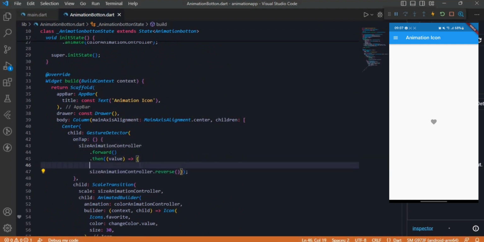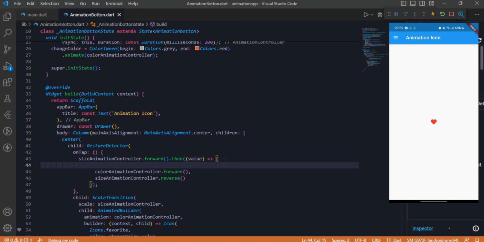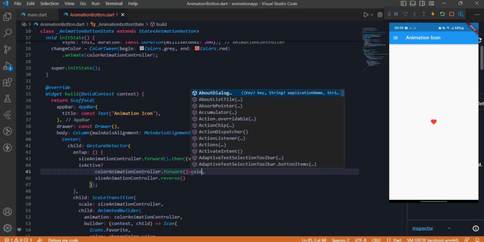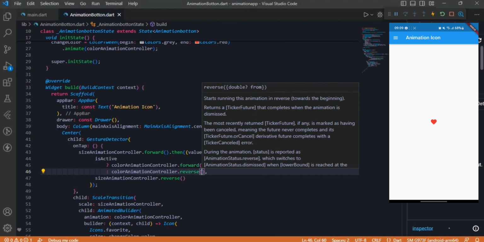Now let's forward our color animation controller to make sure that the controller works, and hot restart, and the color is changed. But when I click more times, the color doesn't reverse to the gray color. Now to reverse the color, we use our boolean which I created at the top and make: if isActive is false, make forward, else make a reverse. And let's see